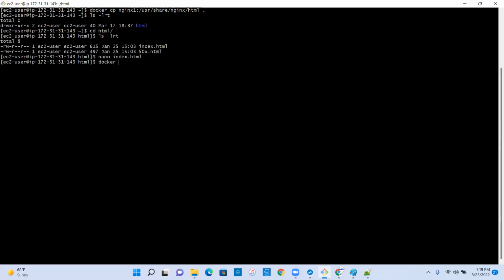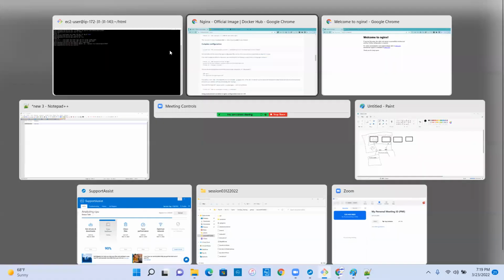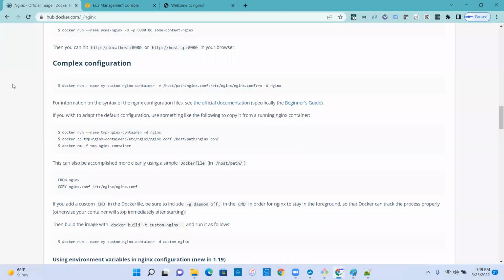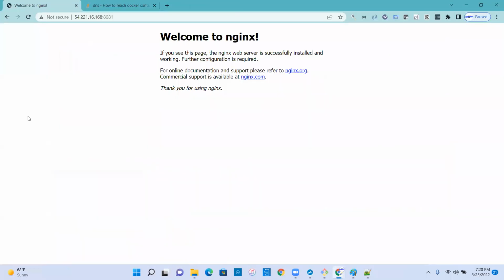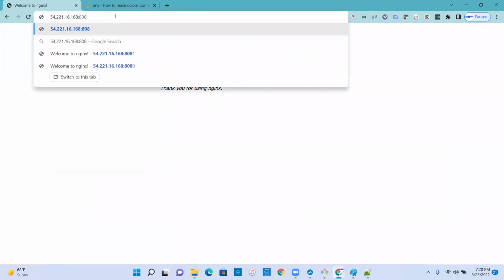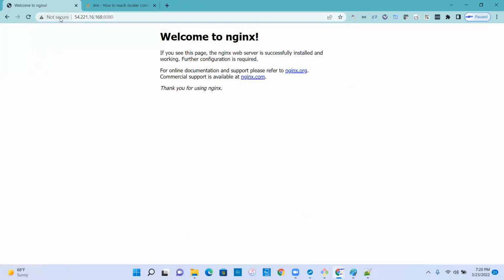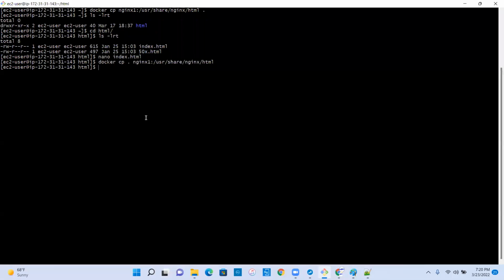So Docker cp from the local to HTML. Okay, now I will go and check the port 8080. Where is that one? Not sure. See this? I can change the content also if I have to, but are you